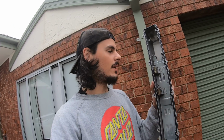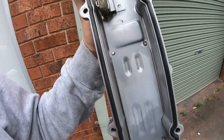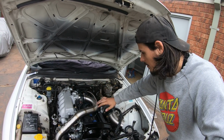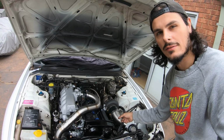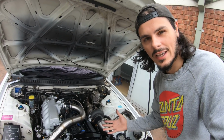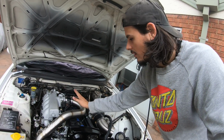When you rebuild your engine, make sure to get your valve covers acid bathed, because look how clean this looks. Alright, so I've got everything pretty much done on top of the head. I put all the valve covers back on, put the cooler pipe back on. All I've got left is to wrap up the exhaust manifold. I've got to put some heat wrap around it because I don't want anything catching on fire. I don't want things getting extra hot around the front part of the turbo,